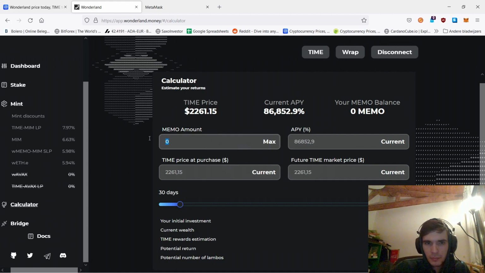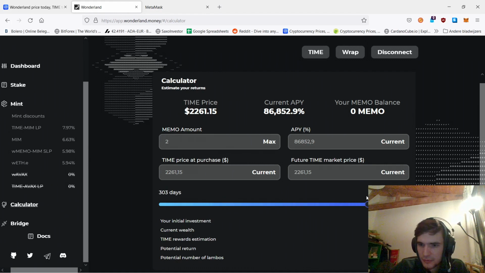Calculator. Basically, for example, if you have 2 memo, you calculate this APY in the future. In 30 days I would have almost 8,000 euros, because my investment now would be only 4,500 euros. But if we zoom out, or take a little bit more time, you can see this increases pretty rapidly. This is obviously fun to play with. After 300 days you would get like 4 Lambos. Okay,